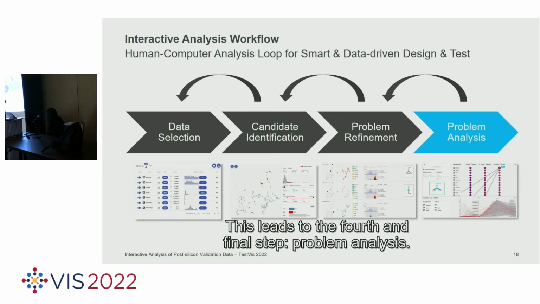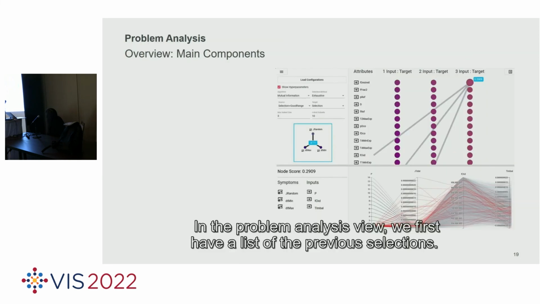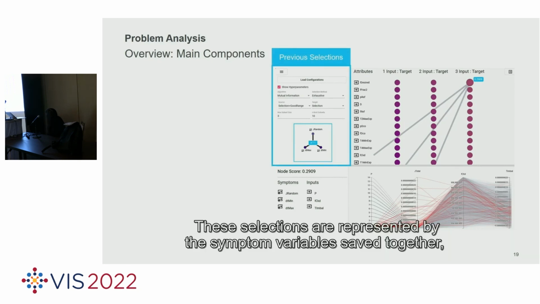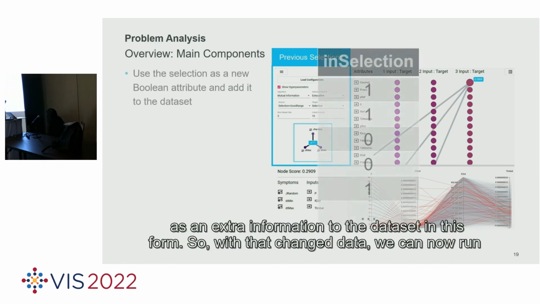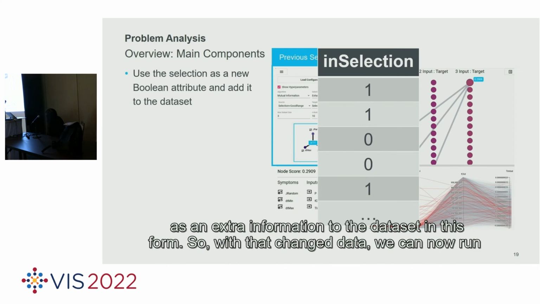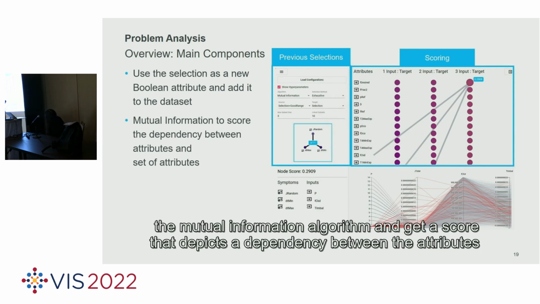This leads to the fourth and final step, problem analysis. In the problem analysis view, we first have a list of the previous selections. These selections are represented by the symptom variables saved together, which we did in the step before. Here, we use the selection as a new Boolean attribute and add this as extra information to the dataset, in this form. So, with that changed data, we can now run the mutual information algorithm and get a score